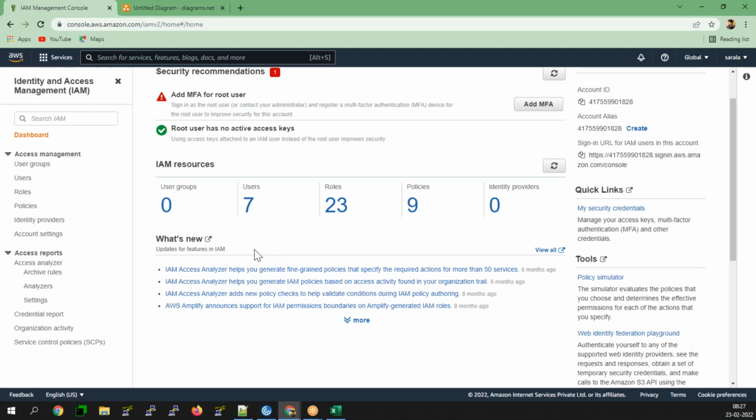IAM is completely global. You cannot use IAM only for specific region restrictions. You cannot use IAM for specific user restrictions. So that is one main important thing that you need to understand.